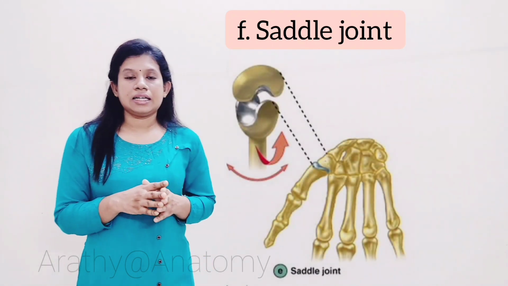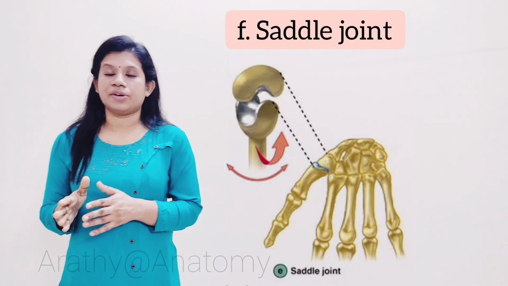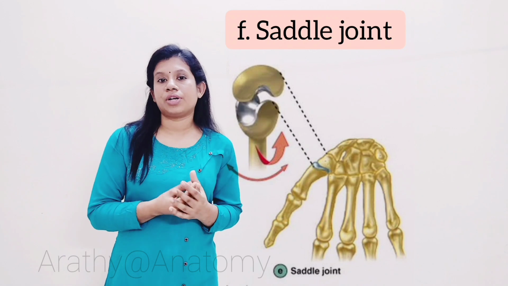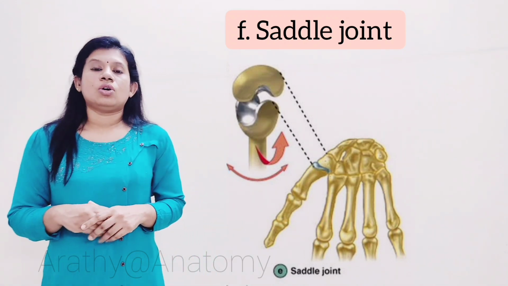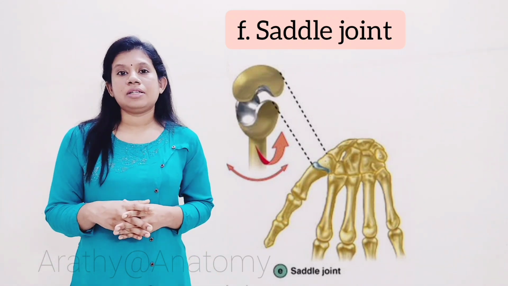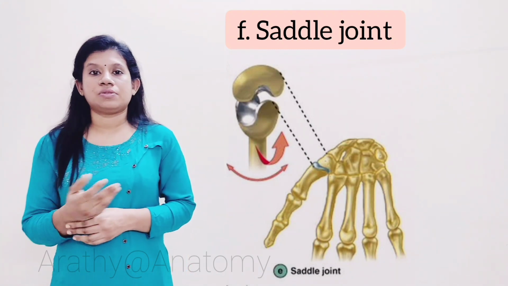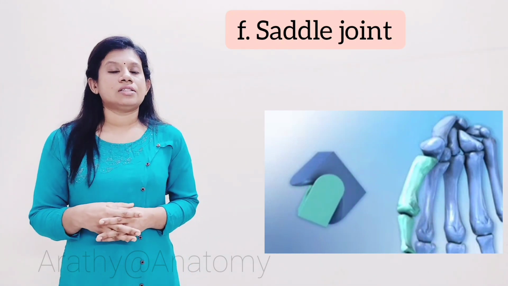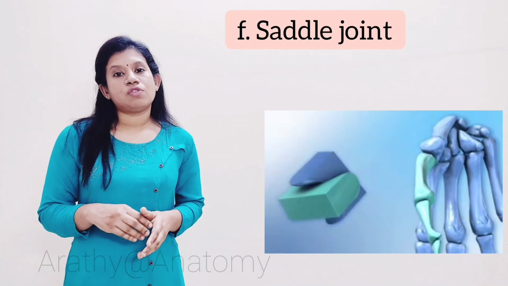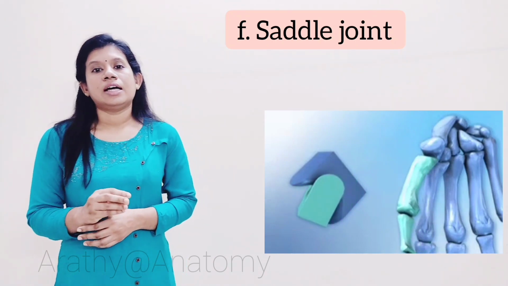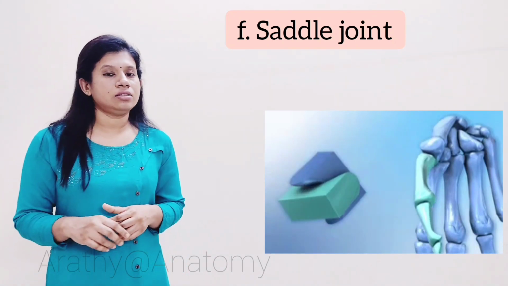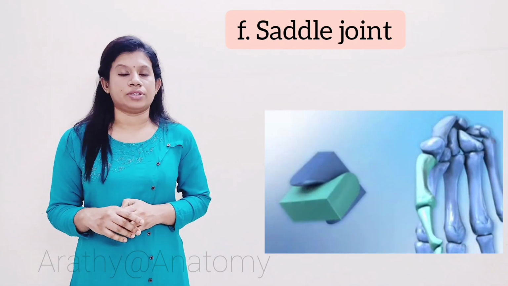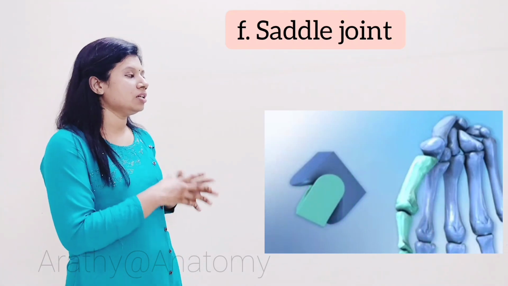Now moving on to the next one, that is the saddle joint. Saddle joint means the articular surface is reciprocally concave and convex, and movement occurs the same as in the ellipsoid joint, and some sort of rotatory movement also you can see. The movement occurs around the transverse axis, that is flexion and extension, around the anteroposterior axis, that is abduction and adduction, and a combination of movements produces circumduction, with limited rotatory movement around the third axis. This you can especially see in the first carpometacarpal joint. Okay, that is about the saddle joint.